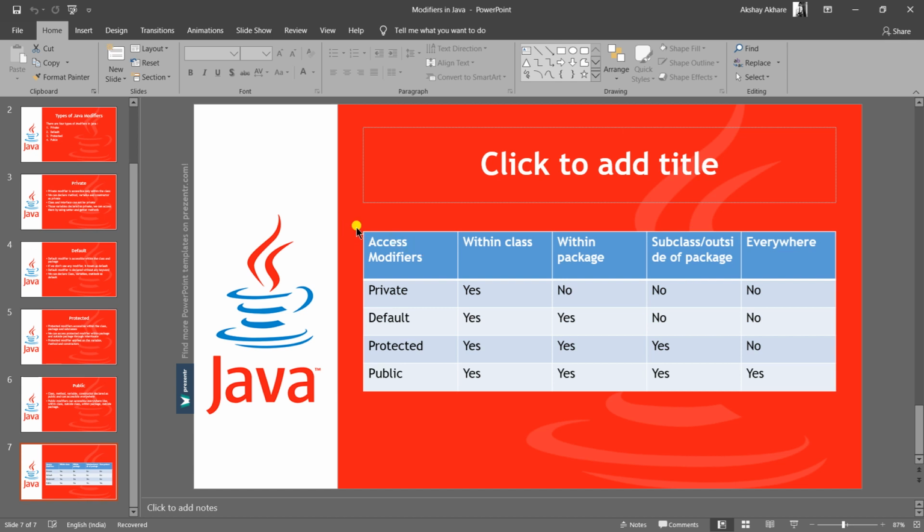I have created one diagram here to understand these concepts very easily. You can understand these modifiers easily, just remember these things.